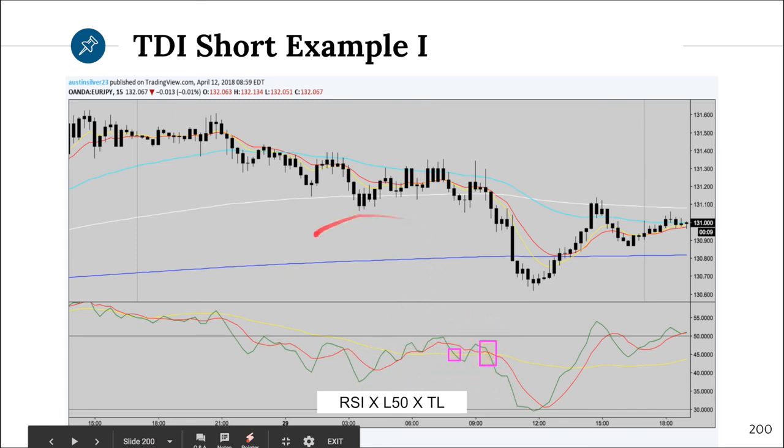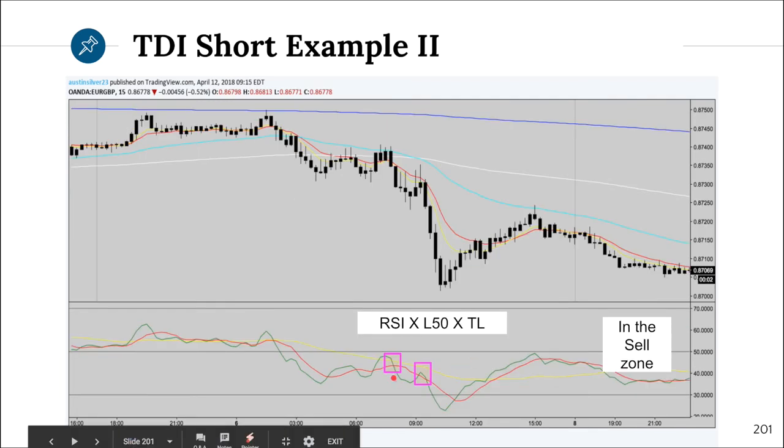And then you could even draw structure lines on this. As we get into the trades, we're going to draw more structure lines. You're going to get confirmations of structure breaking out too with these RSI crosses that are going to be almost too good to ignore. Again, here, RSI coming through the liquid 50, coming through the trend line, all within 15 minutes. And again, here, it kisses off the liquid 50. It doesn't make it all the way back to it, but it does cross down through the trend line again